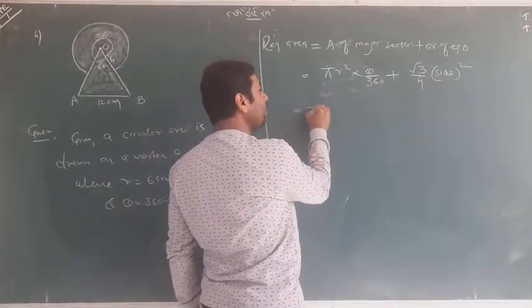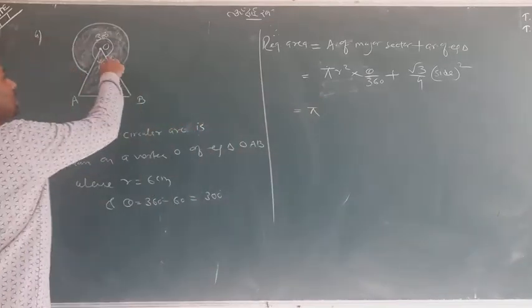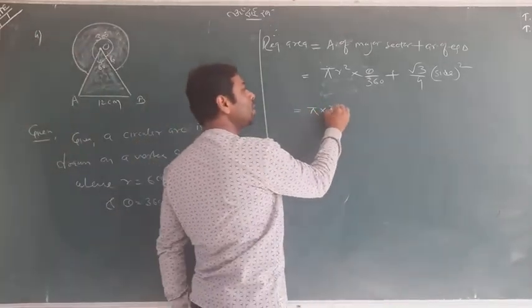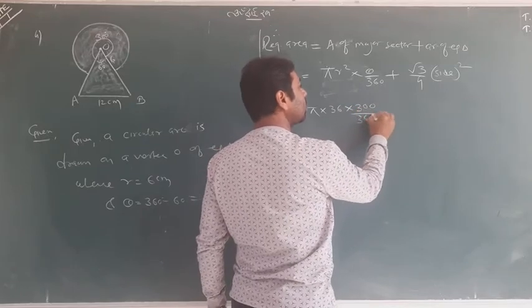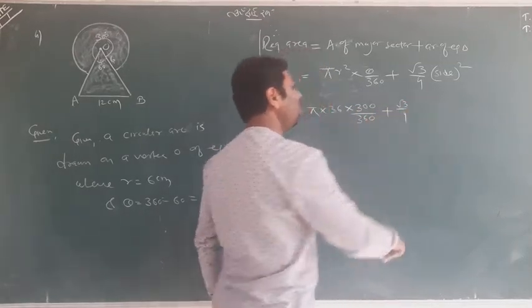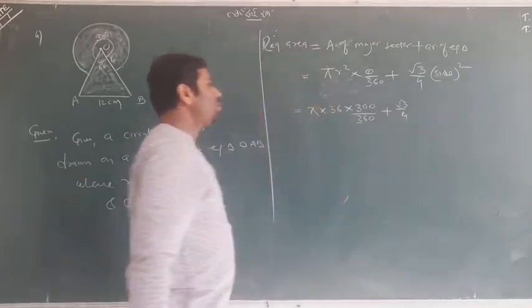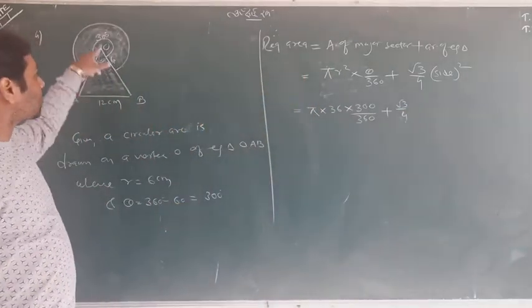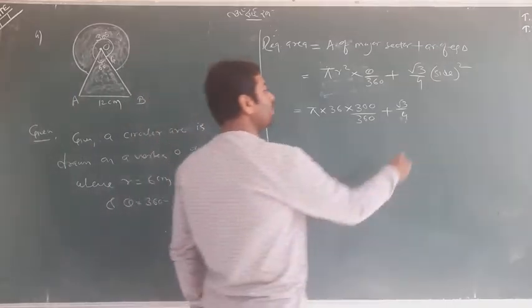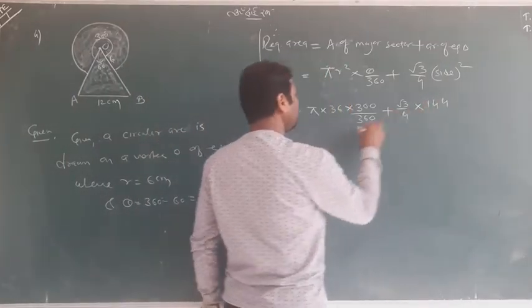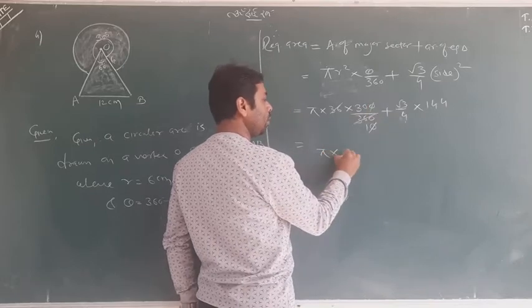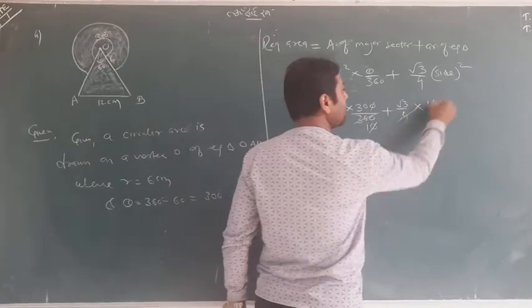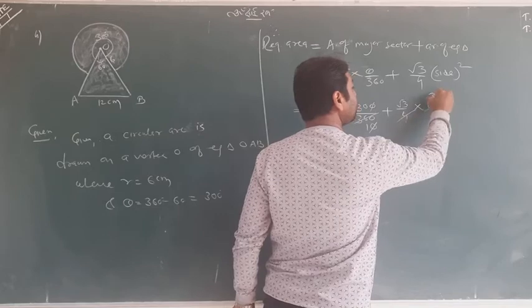So okay, we'll go with pi. Radius is 6, square 36, into theta was 360. Root 3 by 4, and about side, so we talking about equilateral triangle side, which is 12. So 12 12s are 144. Now I'll find this 10 times and this 2 1 time. So this is 30 only, and these two will cancel by 36 times.